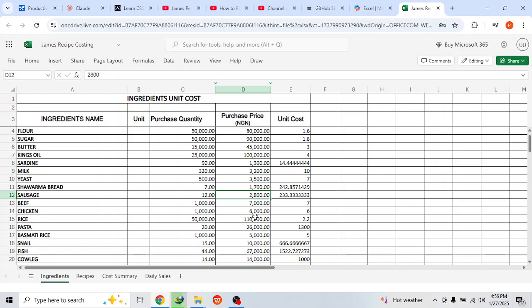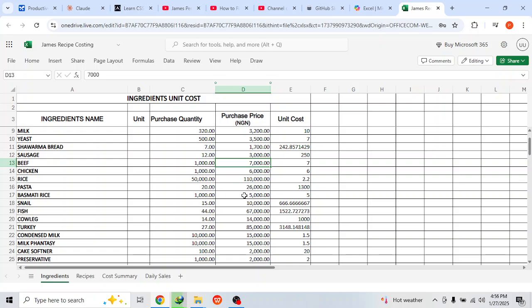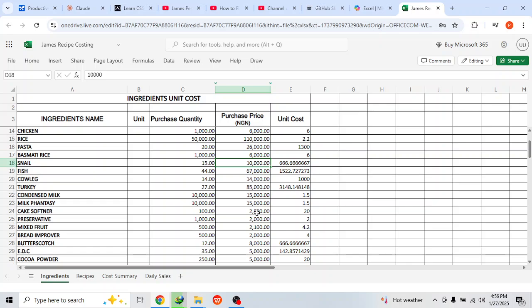Sausage is now 3,000. Move to 6,000. So let's say these are the only products that were